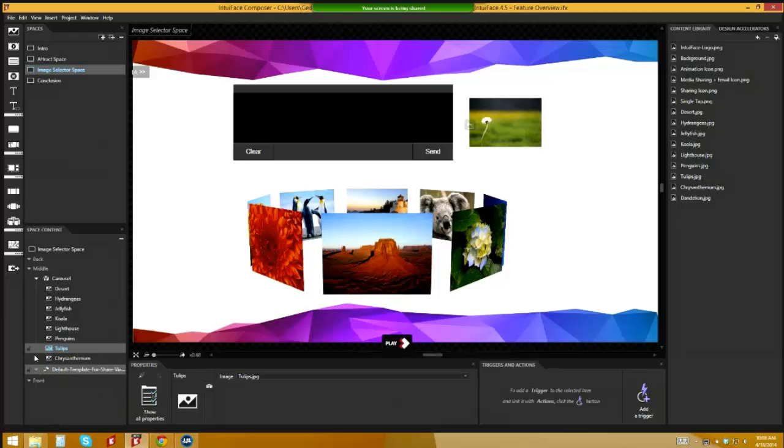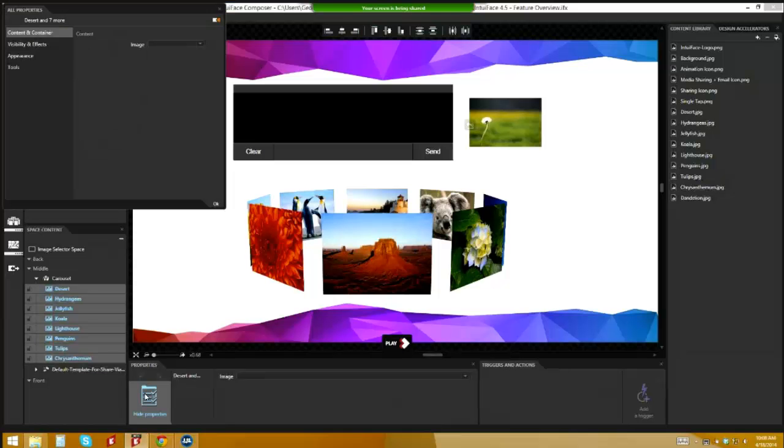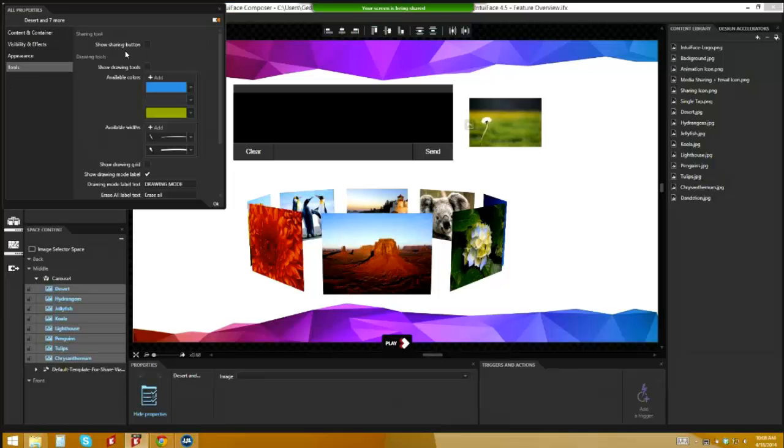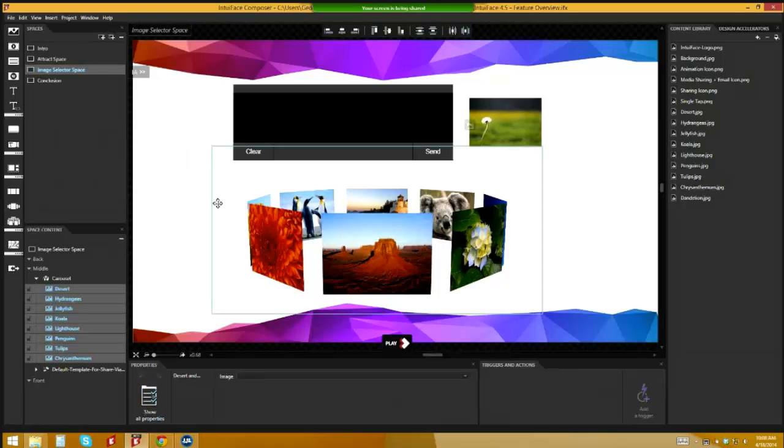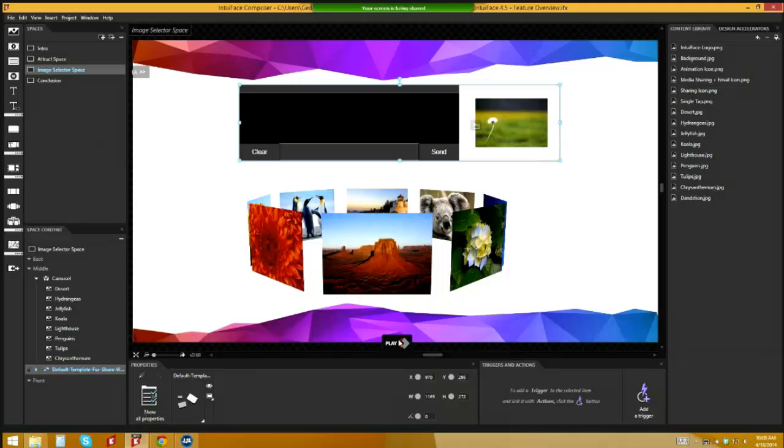Here I am in my collection. I'm highlighting all of the images inside the collection, and I'm going to turn on the sharing tool. Show the sharing button. This means that anytime an image's sharing button is selected, it is added to the queue. Let's see that right now. If I push play,